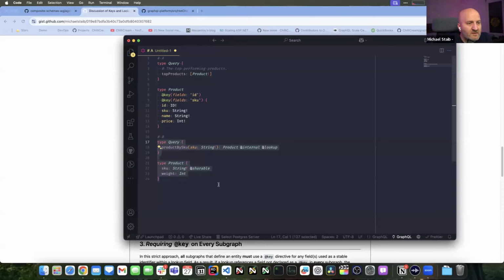If you now think about your graph and take the entity which has the most usage across all the subgraphs, how much of a headache would it be if some subgraph now says that it needs a new key, like a composite key between, I don't know, SKU and product name or something like this?